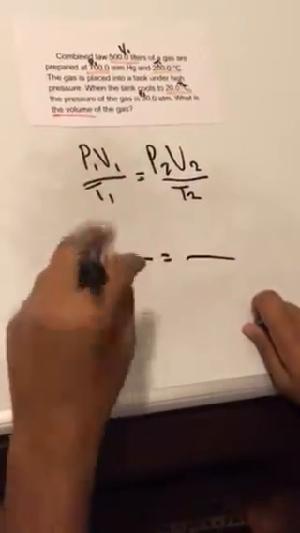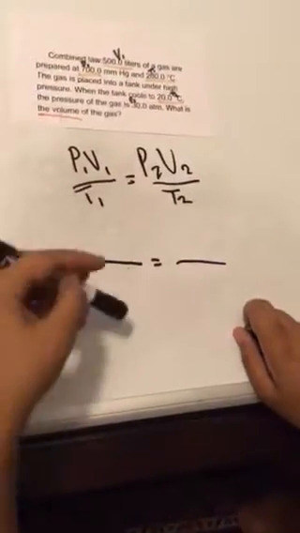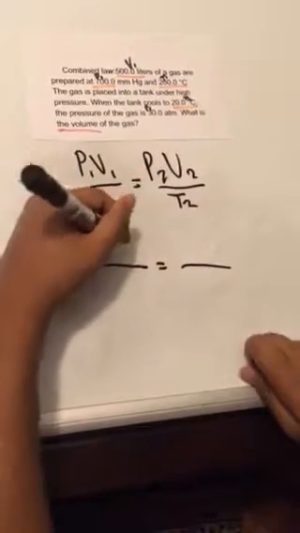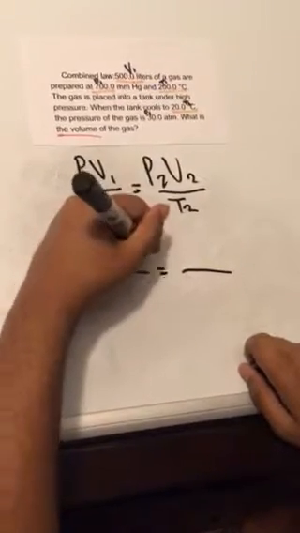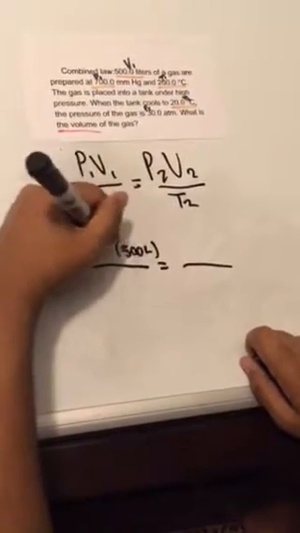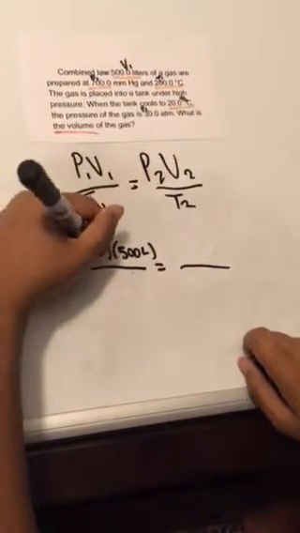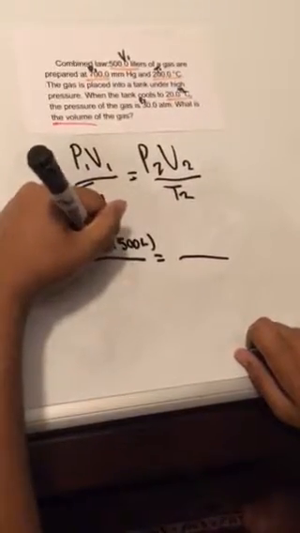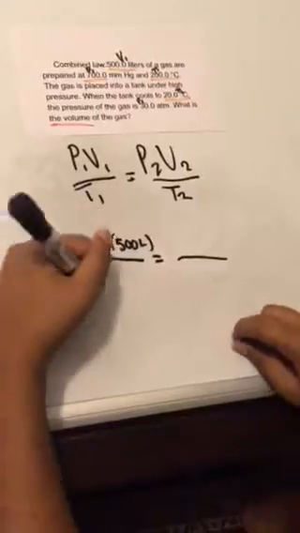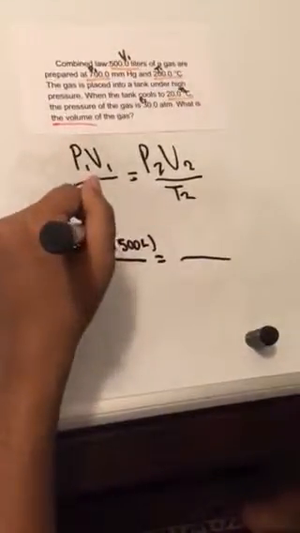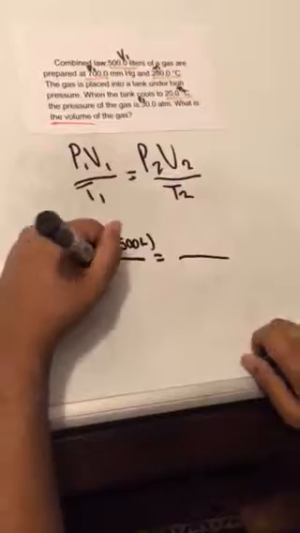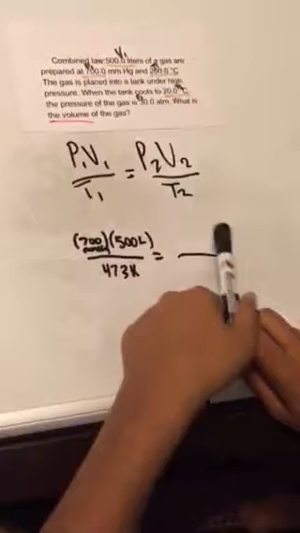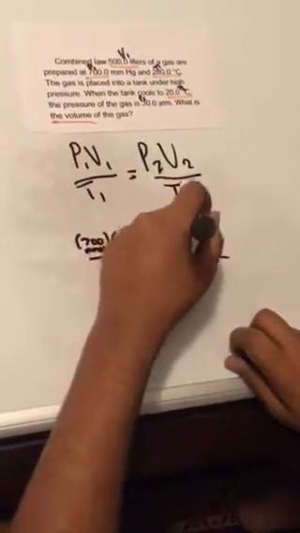So now we're going to plug in what we have in the question into the equation. So we have 500 liters, and we have 700 mmHg. And for our temperature, we have to add 273, which would be 473 Kelvin. And so now we're trying to find our V2. So what we're gonna do is we're gonna put